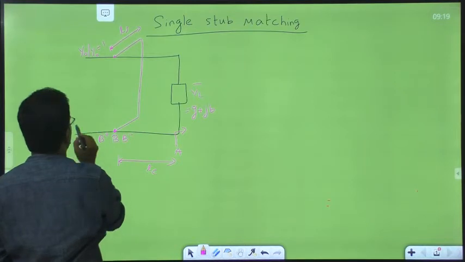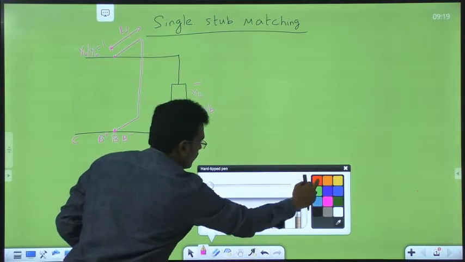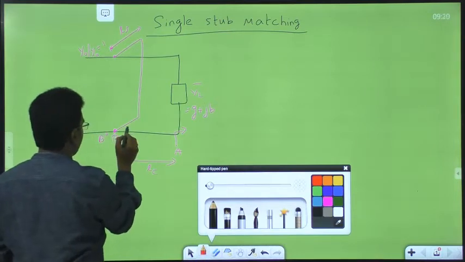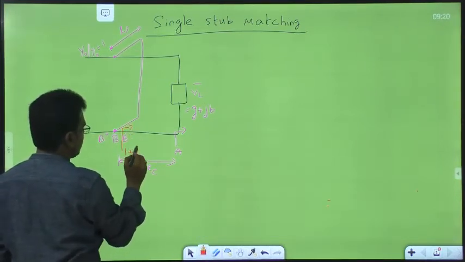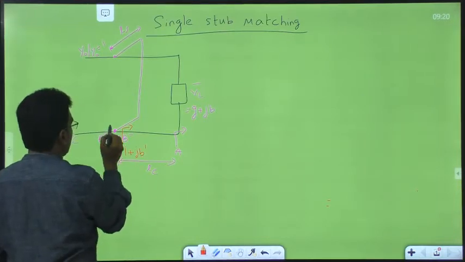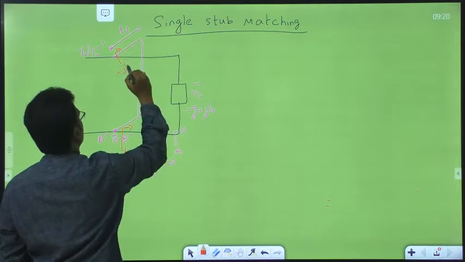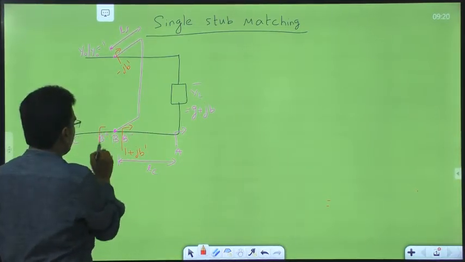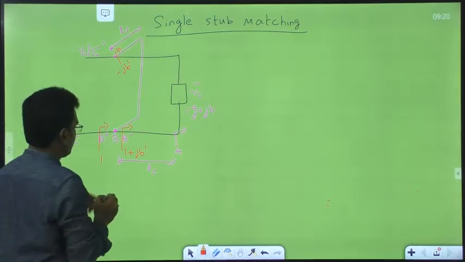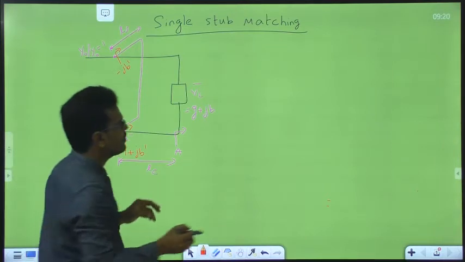Okay, and this is C. So at this point we are expecting the admittance as 1 plus jB dash, and we are expecting the admittance at this point as minus jB dash, so that it is going to nullify this imaginary value. Therefore, the admittance at B plus is 1. Therefore, 1 is equal to 1 and impedance matching occurs.